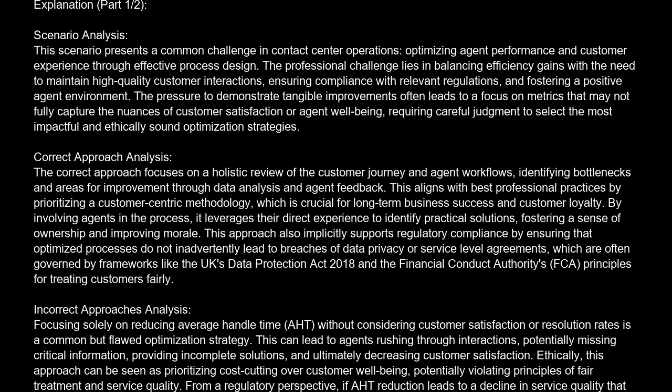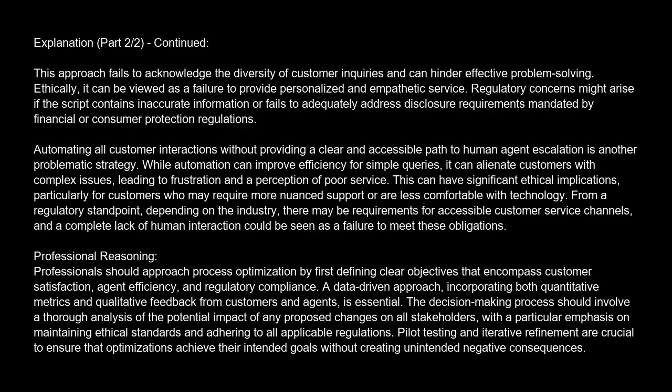Implementing a rigid script for all interactions, regardless of customer need or complexity, stifles agent autonomy and can lead to impersonal and frustrating customer experiences. This approach fails to acknowledge the diversity of customer inquiries and can hinder effective problem-solving. Ethically, it can be viewed as a failure to provide personalized and empathetic service. Regulatory concerns might arise if the script contains inaccurate information or fails to adequately address disclosure requirements mandated by financial